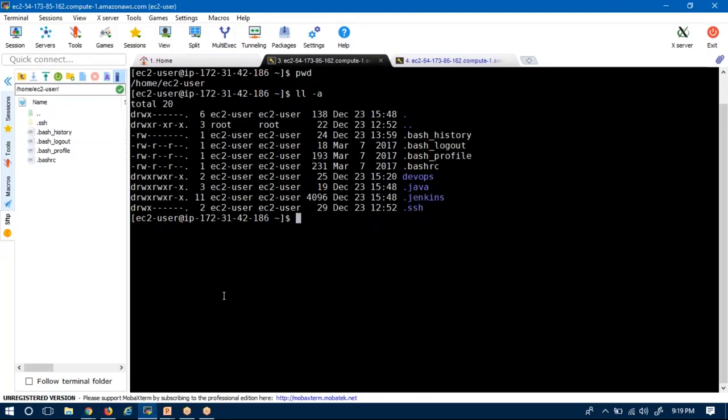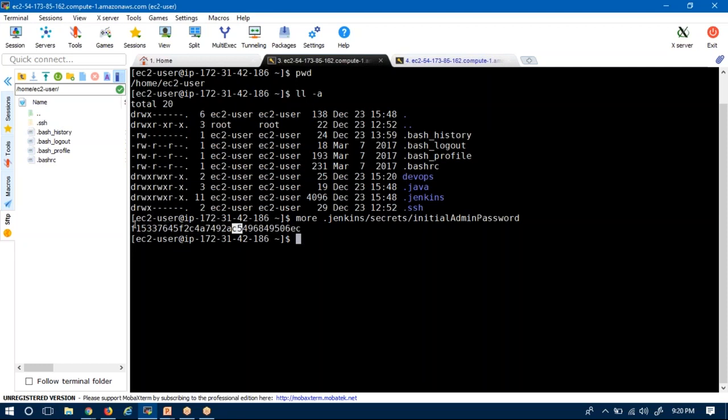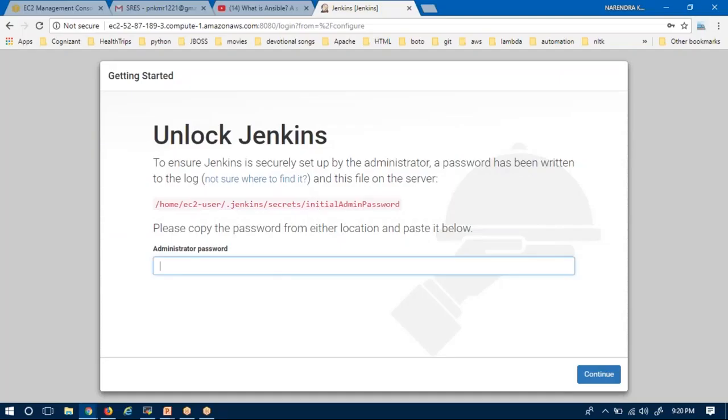I'm directly getting the password with the help of Jenkins secrets. Here I have initialAdminPassword. So this is my password. I copied this password, and now I'm going to paste it here.